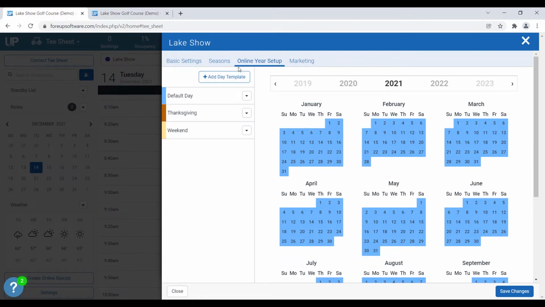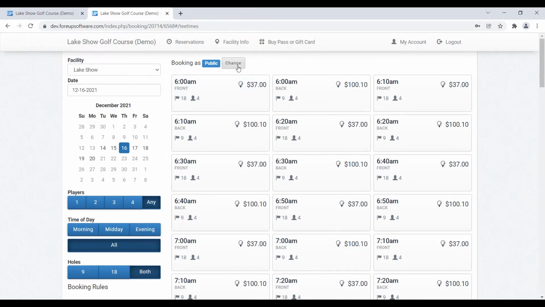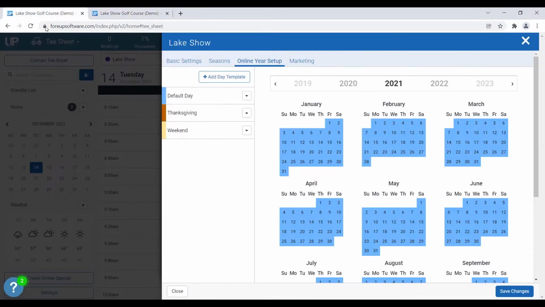So I'm actually going to toggle over to this other tab that shows all of the online tee times for online booking for this golf course. So you can see there's the public reservation group and the member reservation group. For the member reservation group, I have to log in and have a membership. For public, it is access to everybody. But what I want to do is create a restriction for our public players. So we're going to say our public players cannot book for the first 2 hours of the day for the weekday, and then on the weekend we're going to allow only 1 hour that they can't book at the beginning of the day. So we're going to go back to our settings,